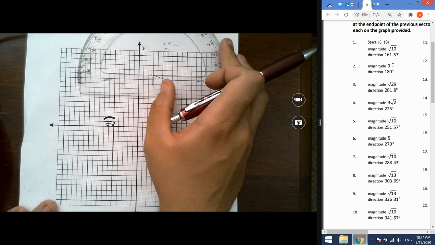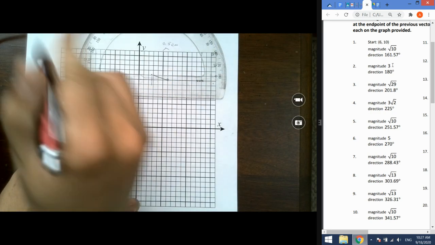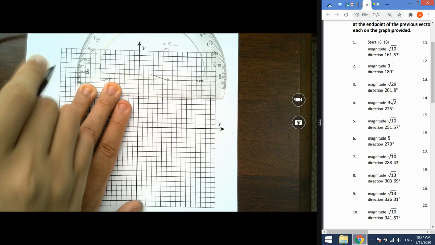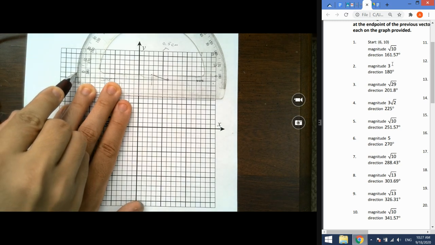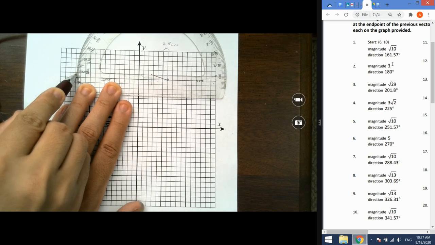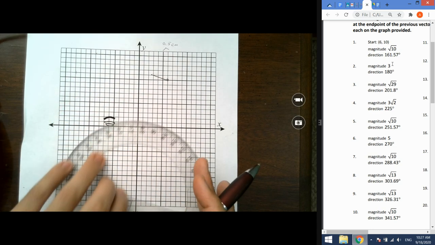So we're going to start the same place, and we want our 180 to be all the way on this side, all the way on this side, so we can make a little mark where that's going to be 180. And then